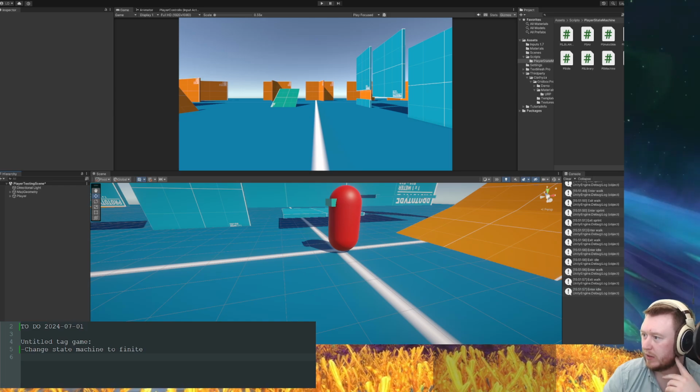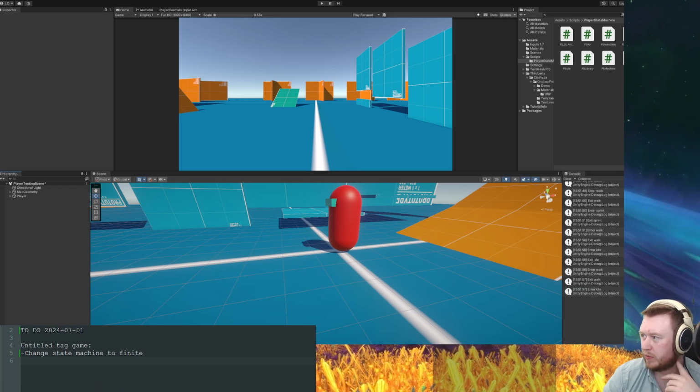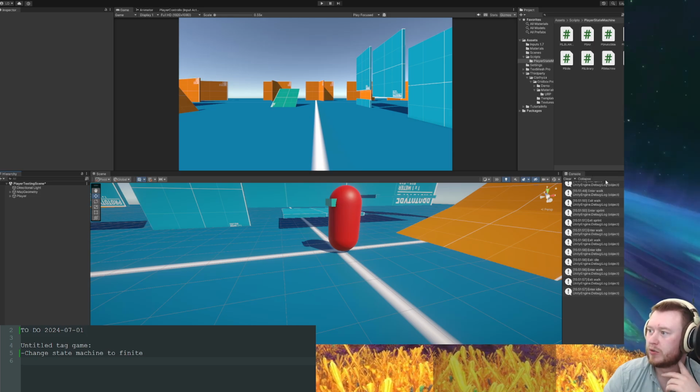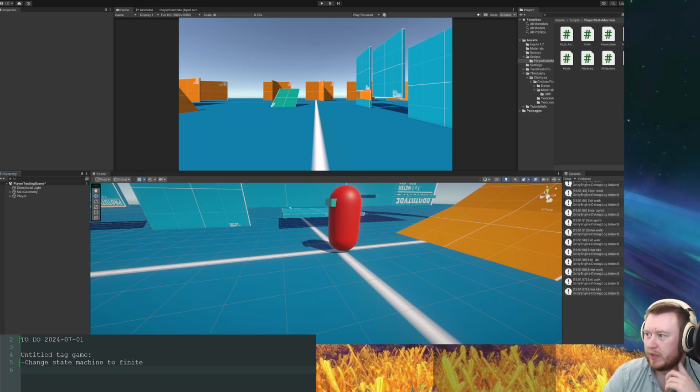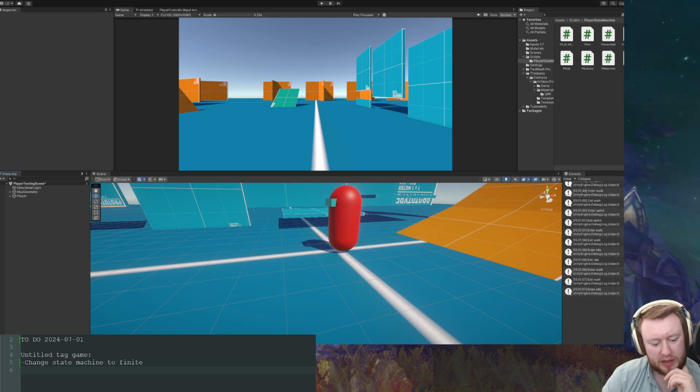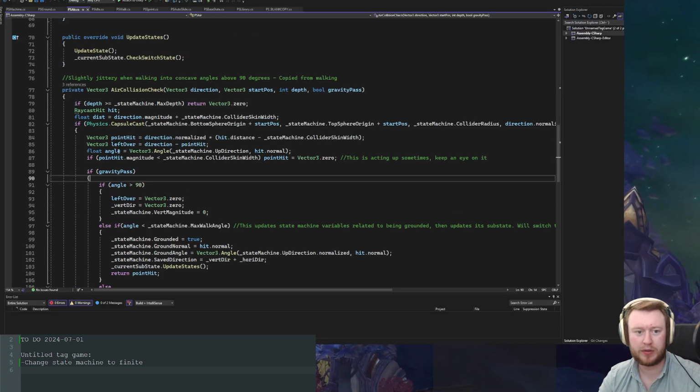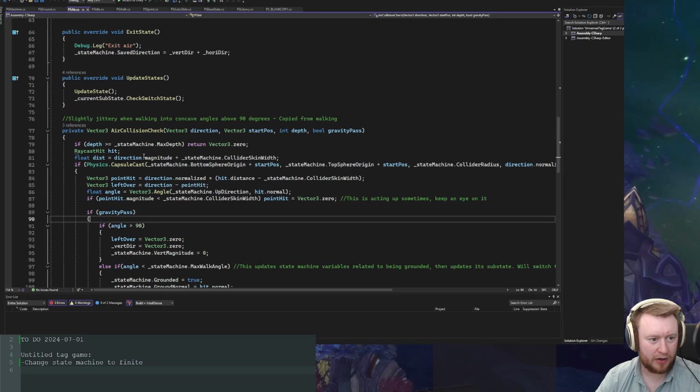Let's go to Unity here, and I'm just going to move it down a bit. There we go. Let's not wrap it up that high up. If we go in here to the code, the air state